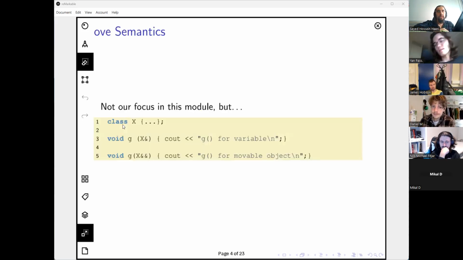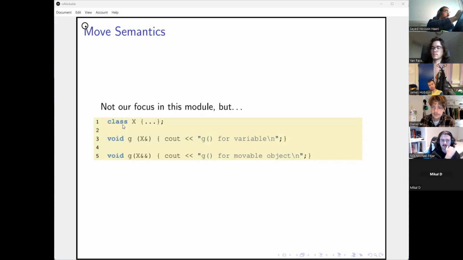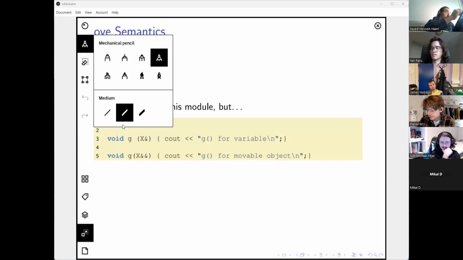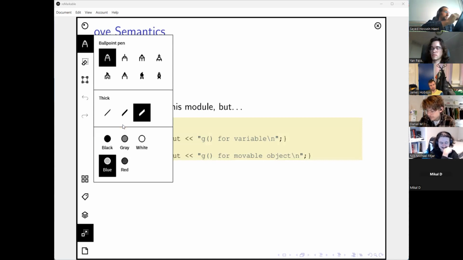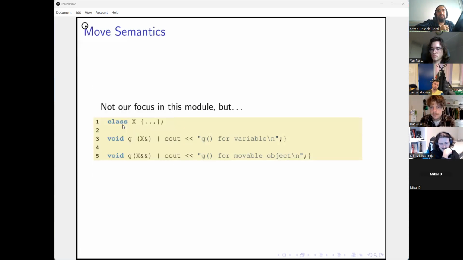So let's say that... let me see. In the interest of coloration, I am going to go for blue. Yeah, blue is good. Okay. Let's say that there is a class called X, and you can pass that class by reference, like it is being done here.